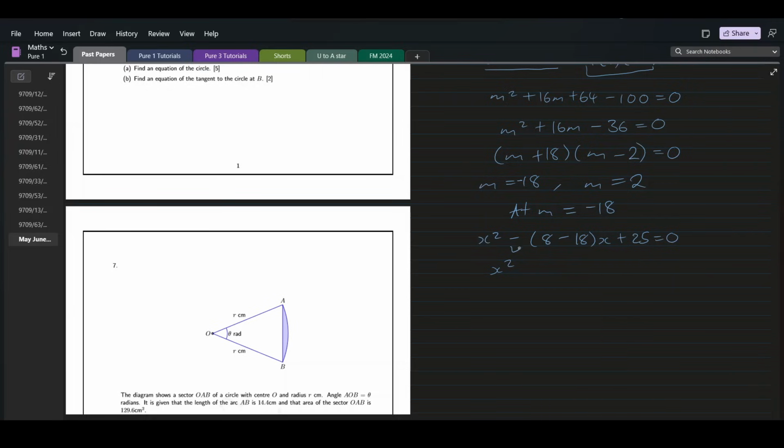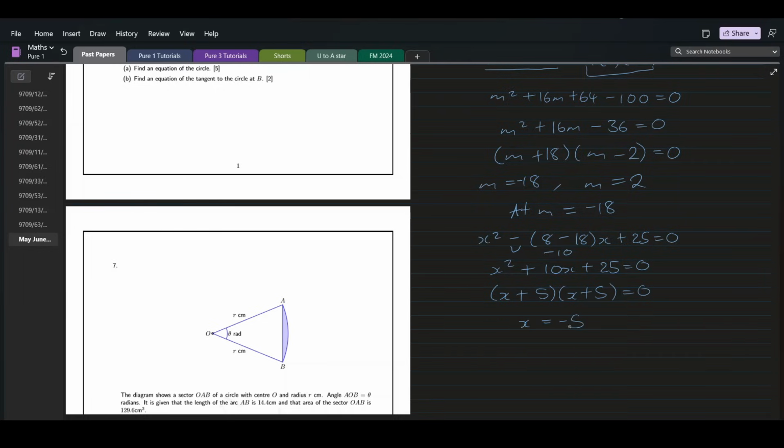So this ends up being minus 10, which is plus 10x plus 25, and this is all equal to 0. We factorize this, that's x plus 5, x plus 5, and this is all equal to 0,